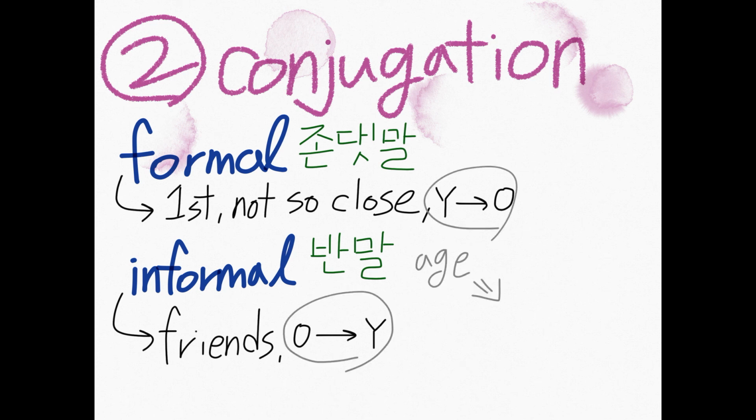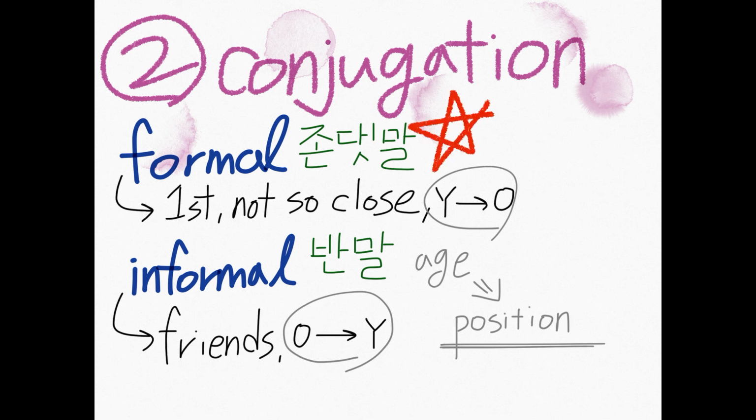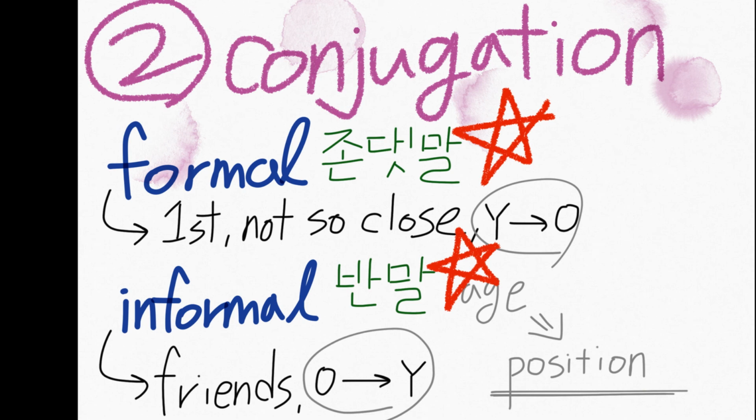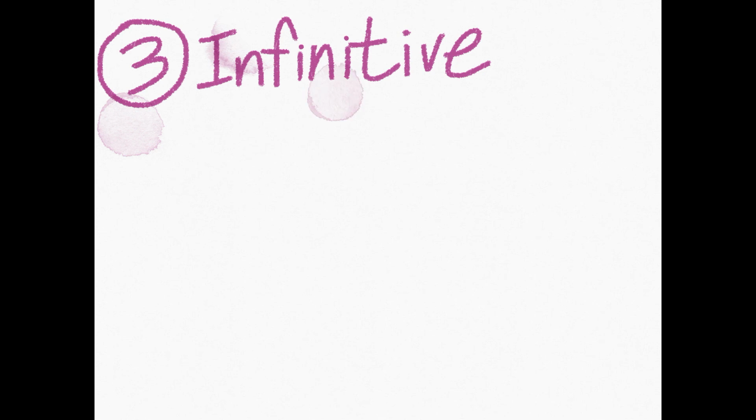Anyways, as you can see, to use proper 존댓말 or 반말, age matters, but sometimes you need to think about position too. For an example, in Korea at work, if your boss is younger but the position is higher, you need to use 존댓말. And once again, for the next time, don't worry, when I teach one vocabulary, I'm gonna explain 존댓말 and 반말, both ways.